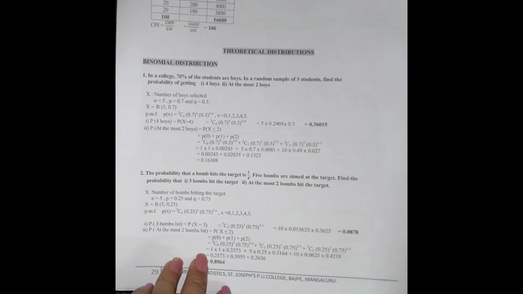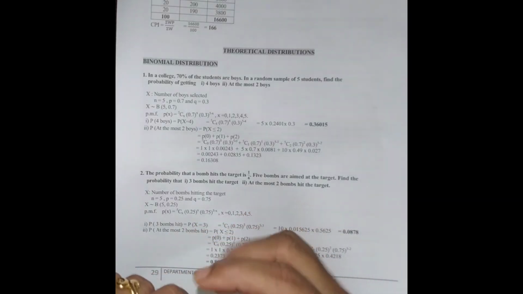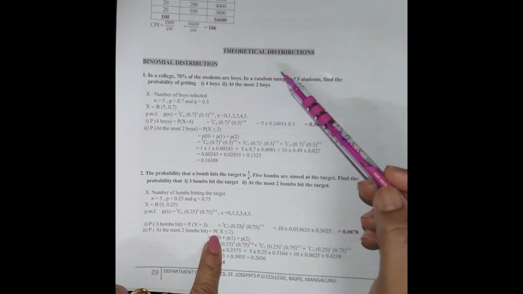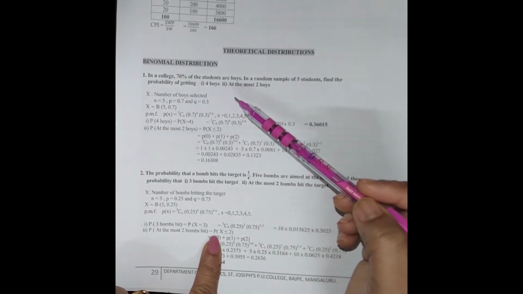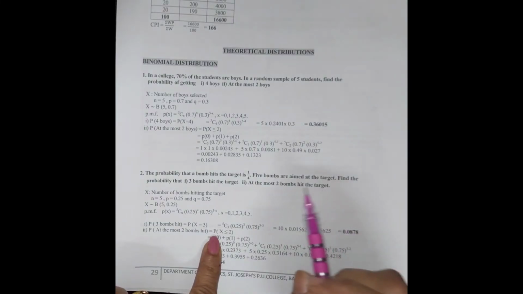In the previous videos we discussed theoretical distributions. The two videos I did, one was for 1 mark and the second for 2 marks. Here in this video we are discussing the theoretical distributions 5 marks questions: binomial, Poisson and hypergeometric distribution. This year it carries three 5 marks questions, 2 in Section C and 1 in Section E.